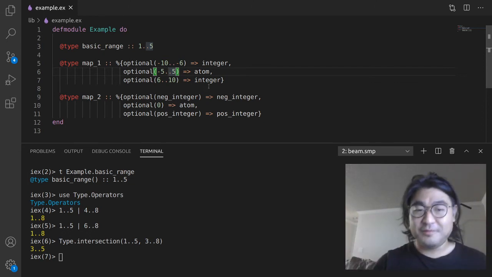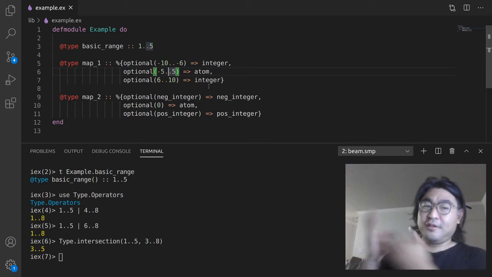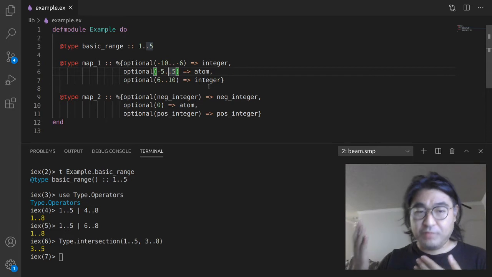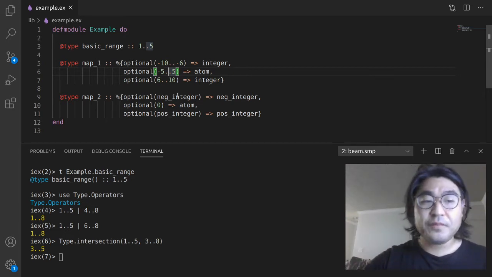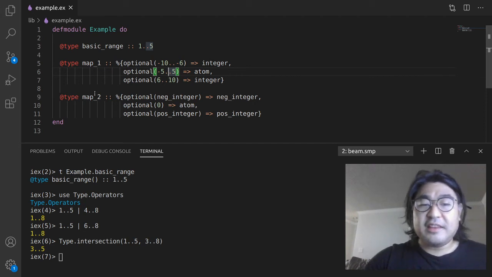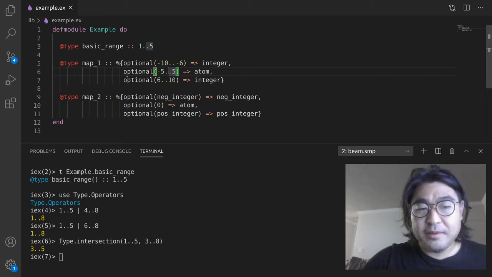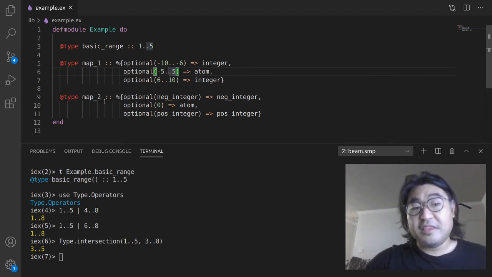You shouldn't make a type like this, but the point is that if it's flexible enough to handle a pathological sort of map like this, then it'll likely be flexible enough to handle most of the use cases that you'll ever run into. And what we're going to do is take the intersection of this map with this map,